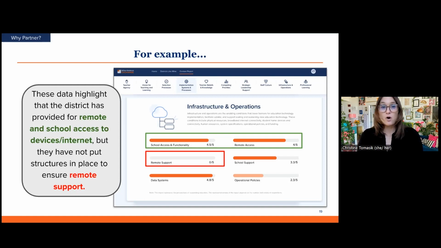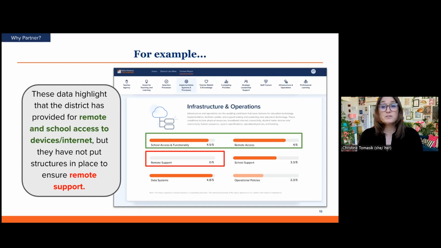The darker orange bars indicate that educators responded more positively about those components of their district's infrastructure and operations. These data suggest that the district provides for both remote and school access to devices and internet connectivity. However, they also suggest they do not provide any form of remote support to ensure that students are actually able to take advantage of their access.